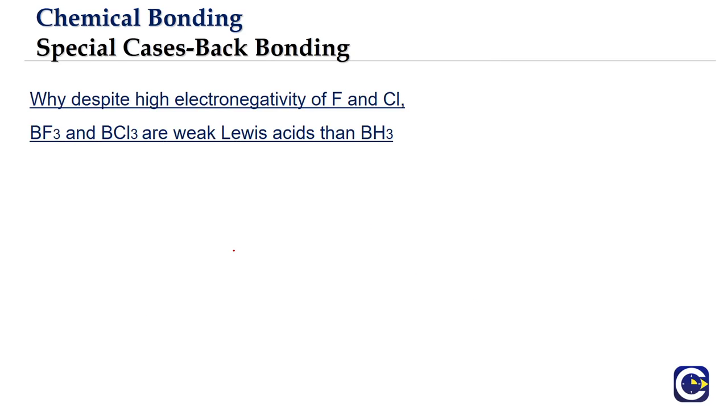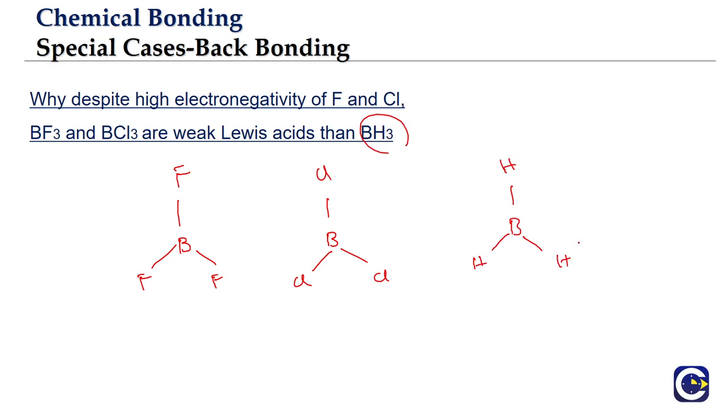Now we'll see what is one of the outcomes of this. See, generally what we expect is boron bonded to, say for example, 3 fluorines, or boron bonded to 3 chlorines. Another molecule for the comparison is BH3. Of course, we'll study about BH3. It will rarely exist in the monomer form. It will usually exist in the dimer form like B2H6. But here we'll try to compare with BH3 only.